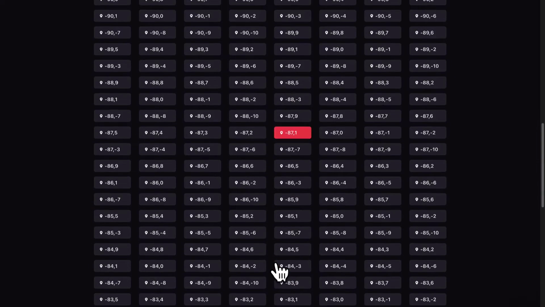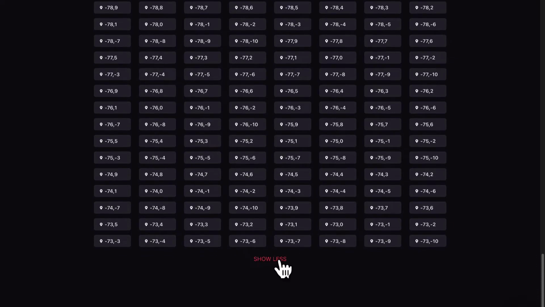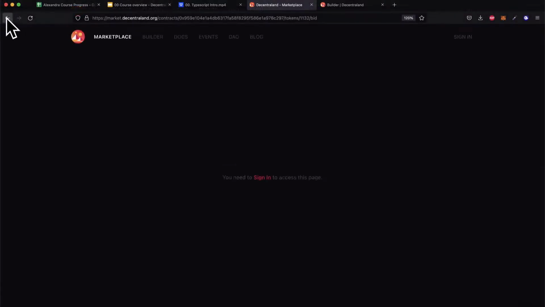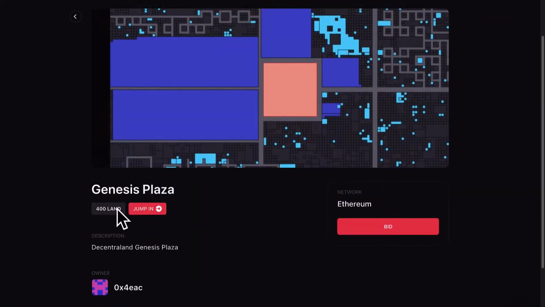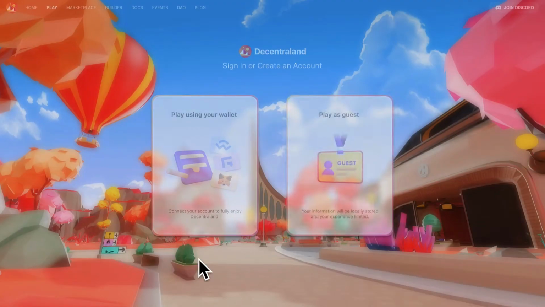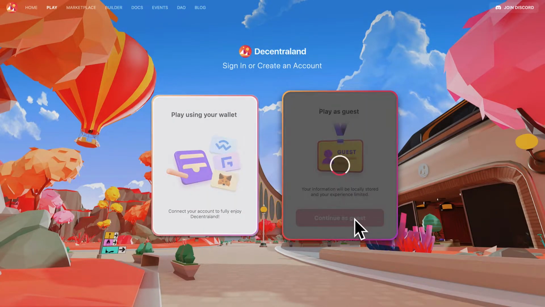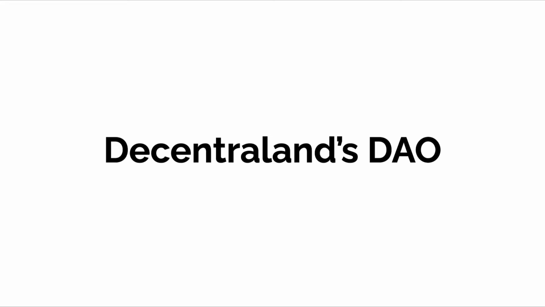Anyone can submit a server to join this network, but it must be voted on by the community. This is handled by a decentralized autonomous organization. When you visit Decentraland, the content needed to render your location and your surrounding world is pulled from the content servers. Each land token links to this content. Coming up next, we're going to dive deeper into Decentraland's decentralized autonomous organization and how it works to run Decentraland.